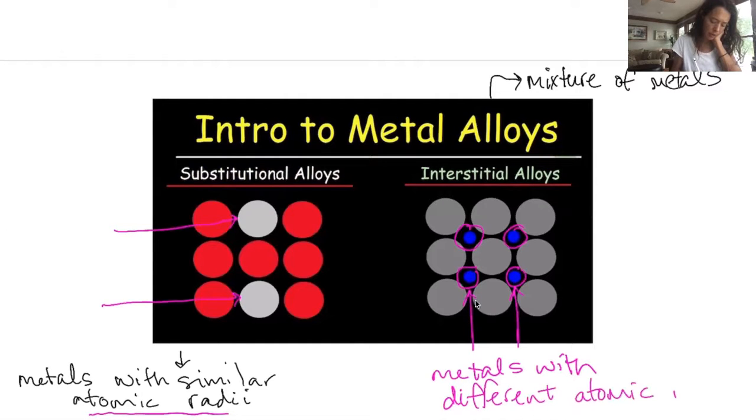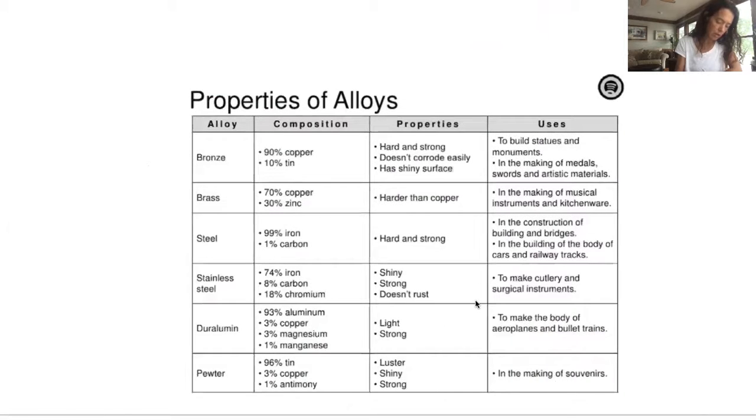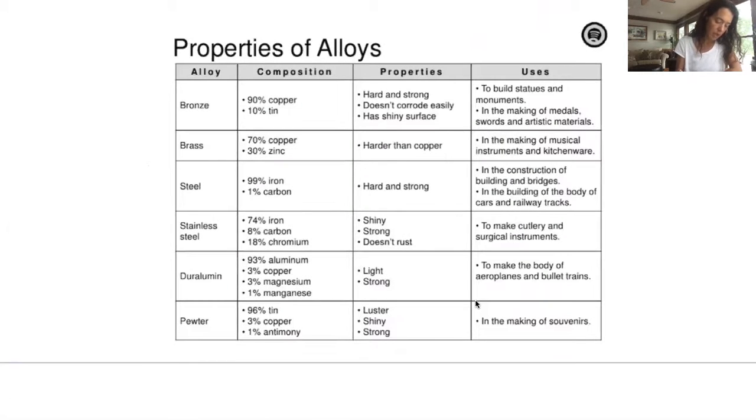And, you know, so why do they make alloys out of metals? Why would someone want to mix metals? Well, we can look at some basic properties here. And in almost every one, you're going to see that it makes it hard. So it makes these structures harder, right? And metals are used a lot in infrastructure, right? Think about buildings and bridges. So you're going to want to use those